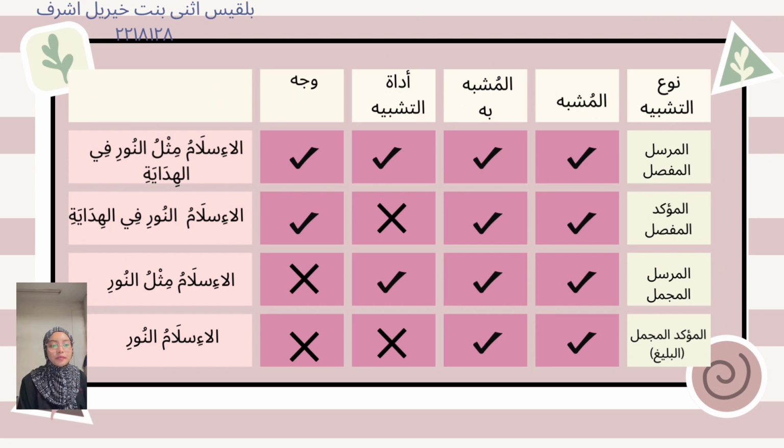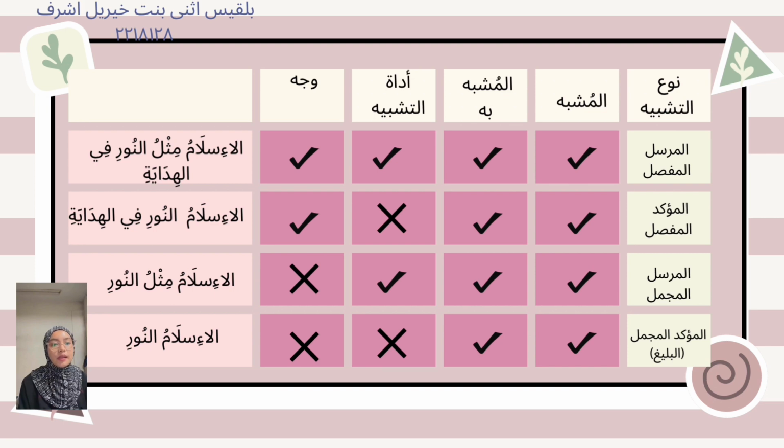So as we can see from the example of the sentence, for al-mu'akkad al-mufassal, mithlu has been removed because mithlu is one of the adatu tashbih. And moving on, the al-mursal al-mujmal is when wajhu shabah is not included in the sentence. So as we all know, fil hidayati is the wajhu shabah, and since fil hidayati is not included,